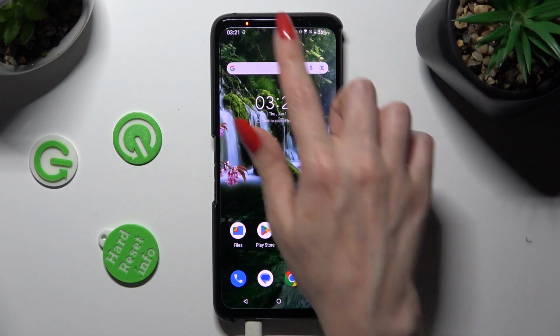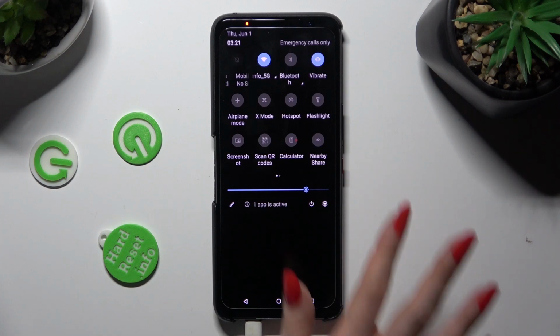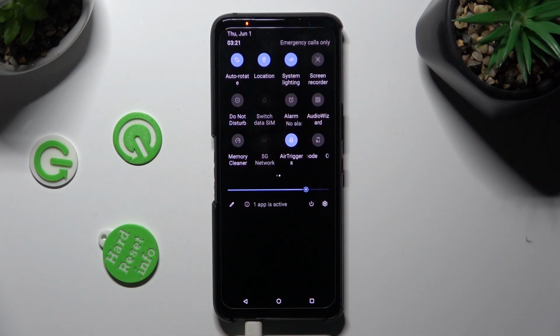Begin by opening tab menu and looking for auto rotate icon. When you find it, click on it. As you can see, auto rotation is now on, but you can always switch it off by clicking on the